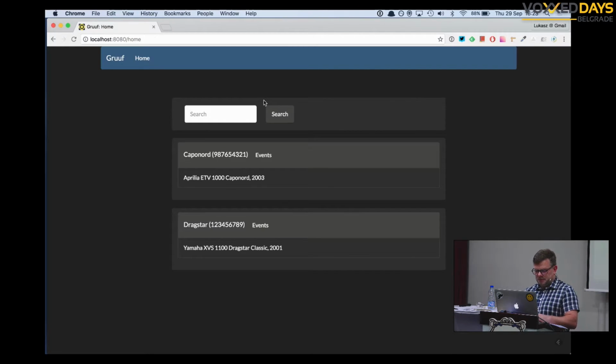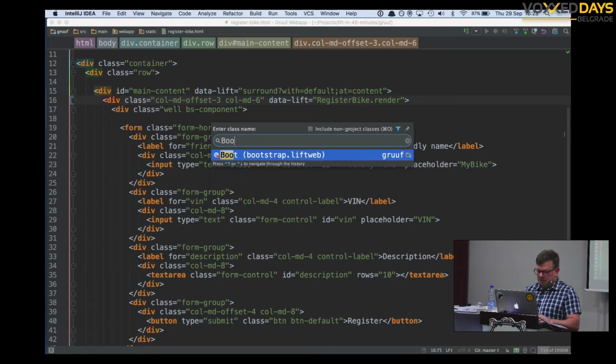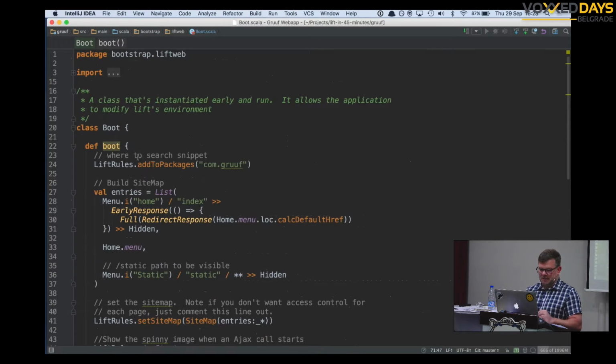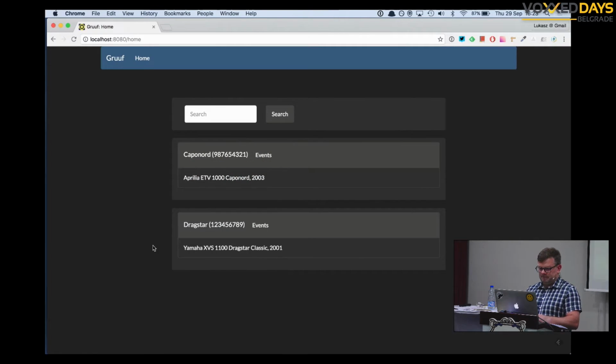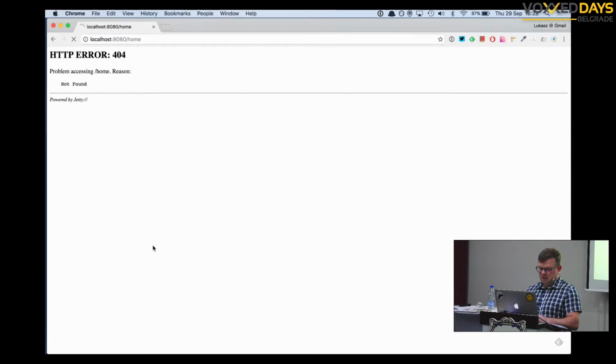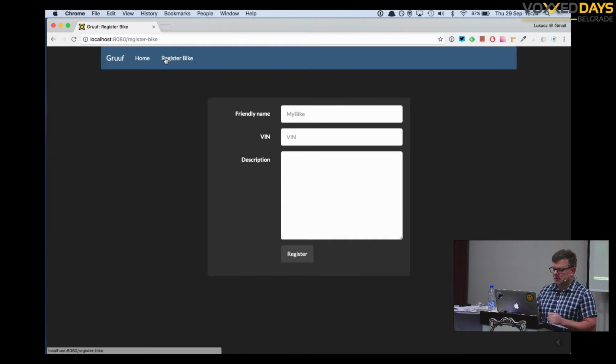So I can close this, refresh. Okay, and one more thing, I need to update my Boot.scala file to add another entry to the sitemap. Okay, done. As you see, this register bike menu item is here, so I can click it, and my form